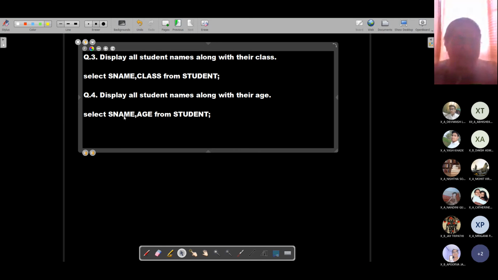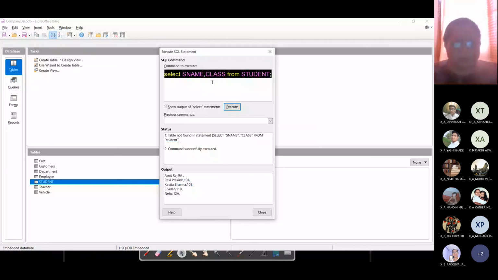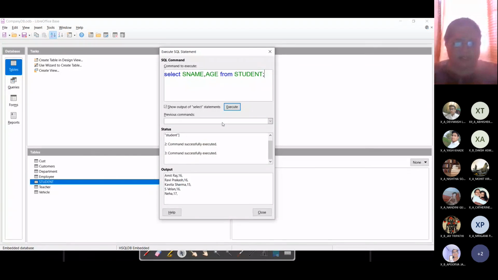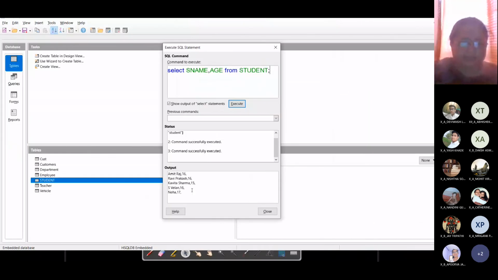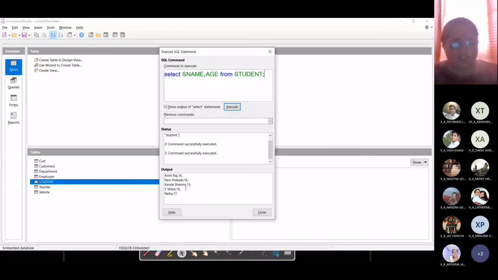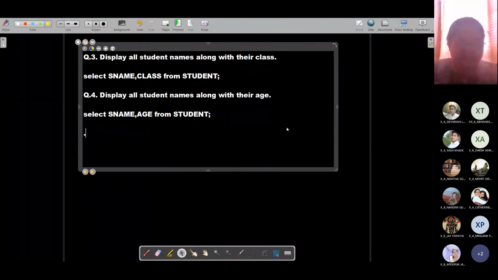Name of the table and name of the fields have to be in capital letters. Please remember this, because Base SQL works a bit differently from MySQL. These are a few changes you need to make. Anyway, good attempt. Next, I'm going to paste it over here and again execute, and now you can see the result. Now names and ages are being displayed. Got it? Now next, suppose I am writing a query here.